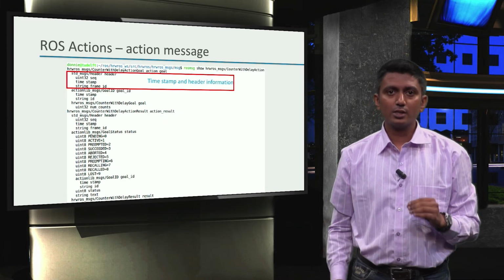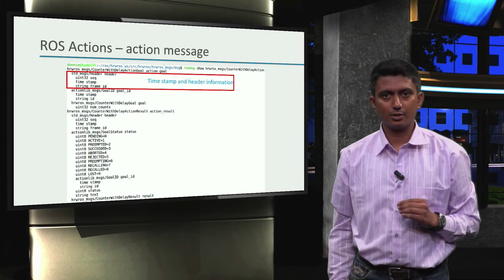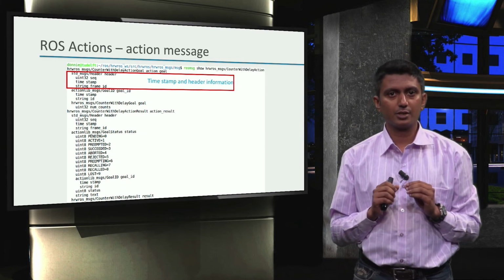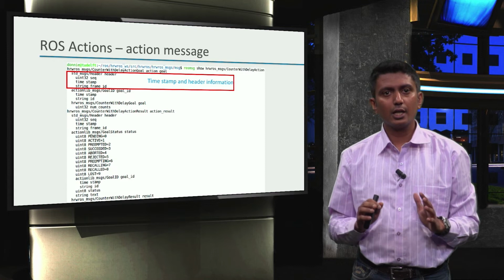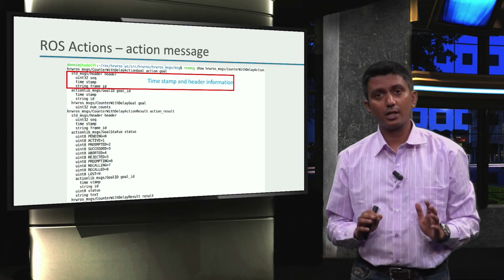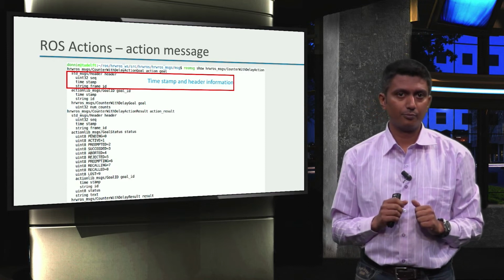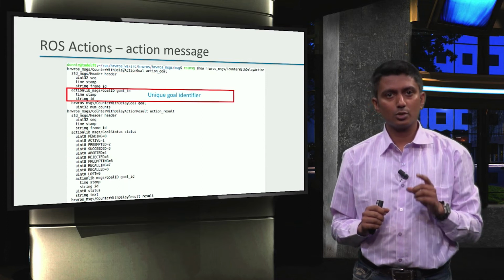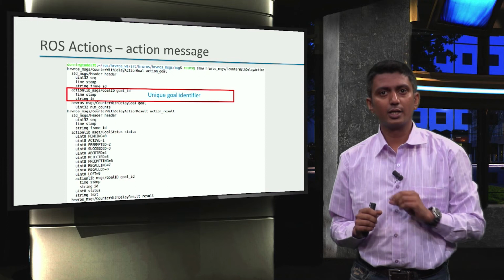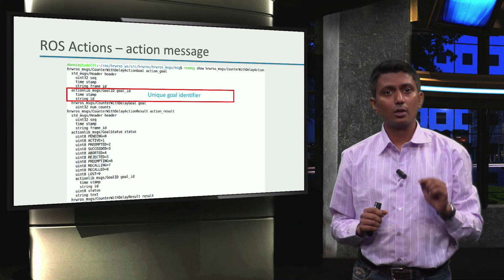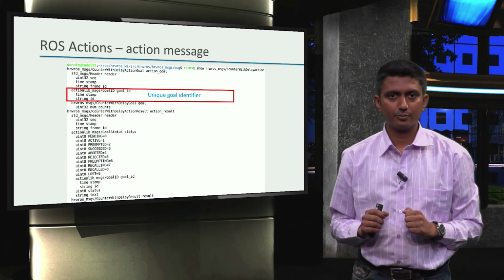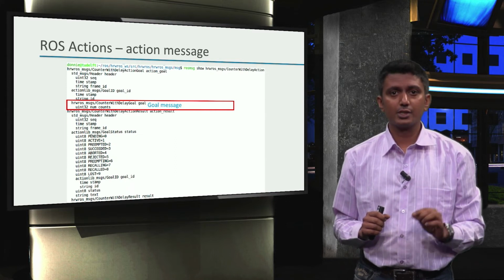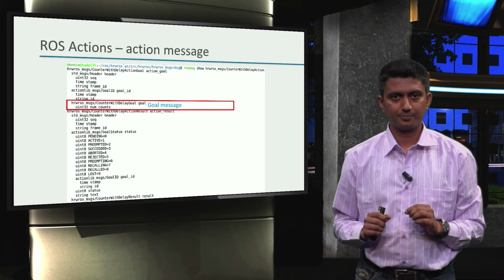Now, once the goal is registered by the action server, the request is first given a timestamp and header information by actionlib, indicating when and which action client requested this goal. Then, the actionlib package also assigns a unique goal identifier to this goal, also with a timestamp. And finally, we have the goal message that we sent from our action client.